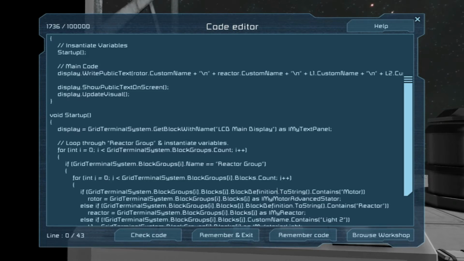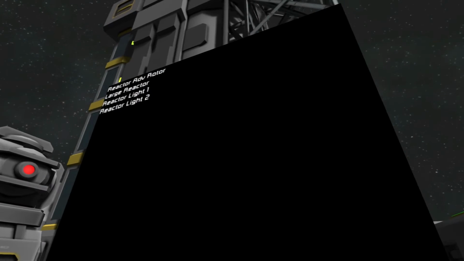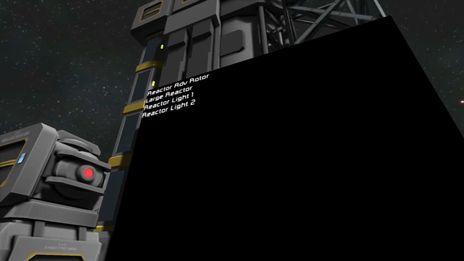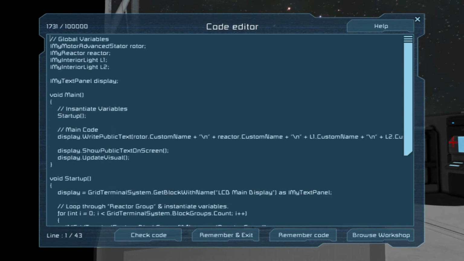ToString contains... Oh, right. That could be part of it. There we go. I had taken out one of the quote marks. Okay, so theoretically, no difference. Reactor, advanced, rotor, it still got it.